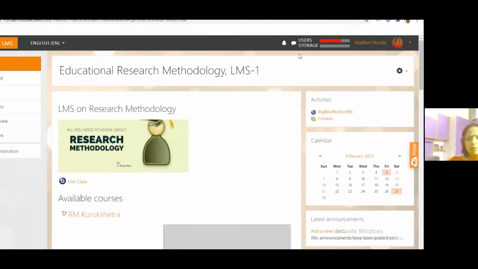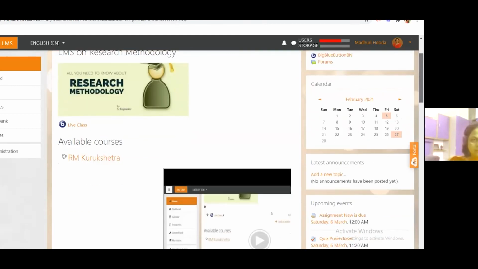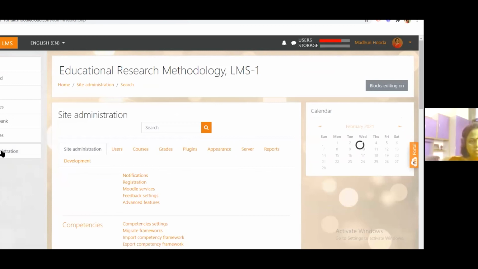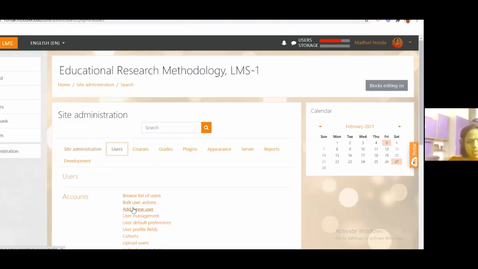When you are talking about user enrollment, because we are running short of time, user enrollment will be done from site administration. Just see, here is the option. On the left side, it is site administration. Users are enrolled on the Moodle site. So you have to click on site administration. You can write the steps: click on users, then click on add a new user.